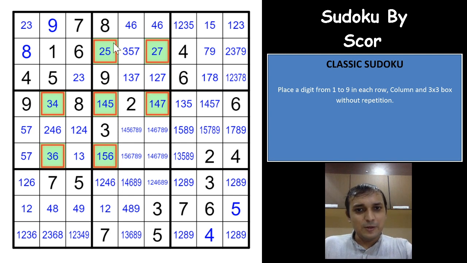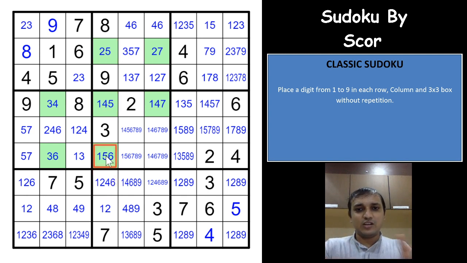If you see properly, none of these 7 cells can have 2 same digits anywhere. It is not at all possible. You cannot place 2 same digits in these 7 cells. If you have a 6 here, none of these cells can have a 6 now. If you have a 5 here, none of these cells can have a 5. So if you have a 1 here, or any candidates within these cells, you cannot place 2 same digits in any of these 7 cells. And now that will actually help you eliminate many possibilities at many places.